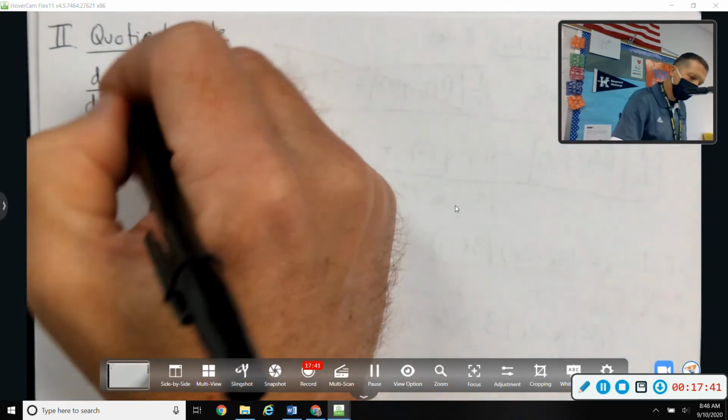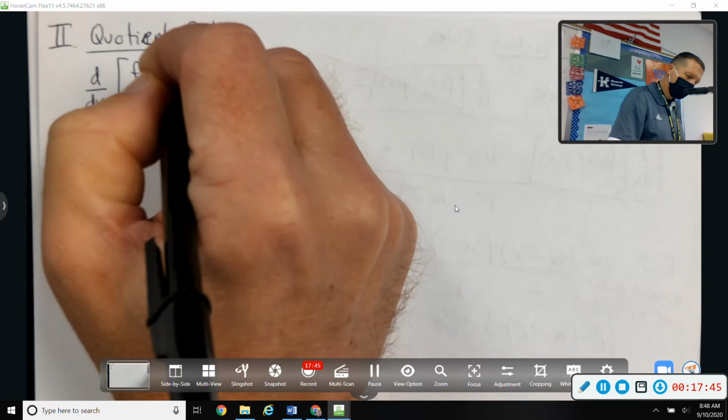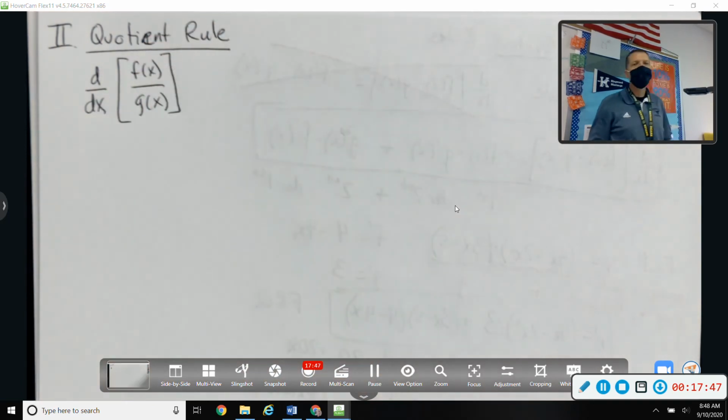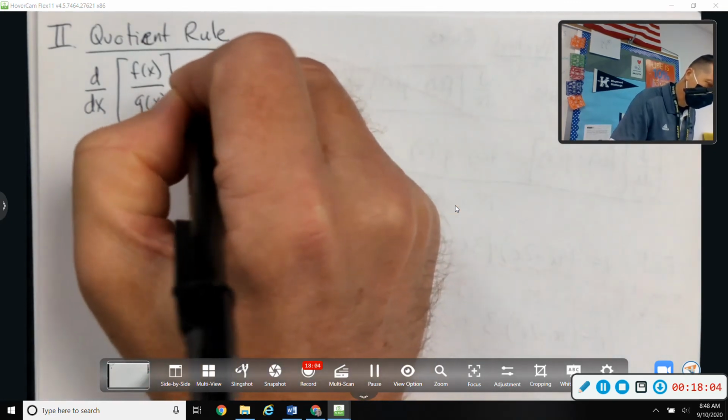If I want to take the derivative, let's back up, of f of x over g of x, it would be really, really nice if it was f prime over g prime. And you can bet that that'll be one of the wrong answers on a multiple choice test, but that's not right. Please don't do that. You've got to learn this quotient rule, and this one's a little bit ugly. So